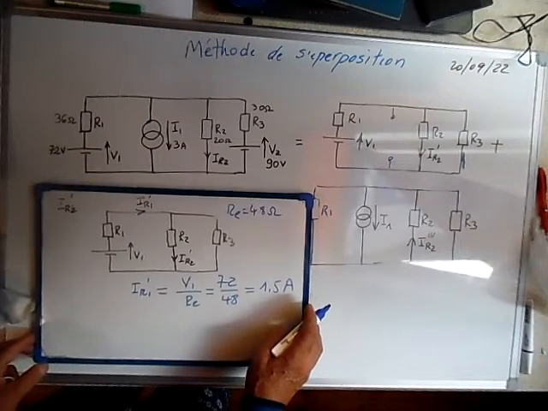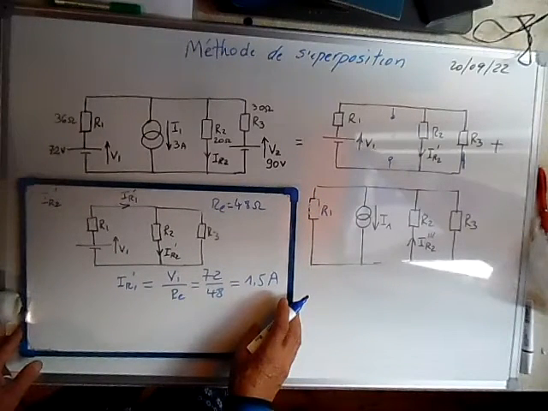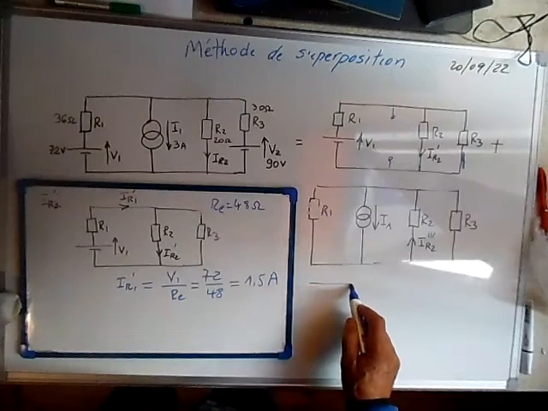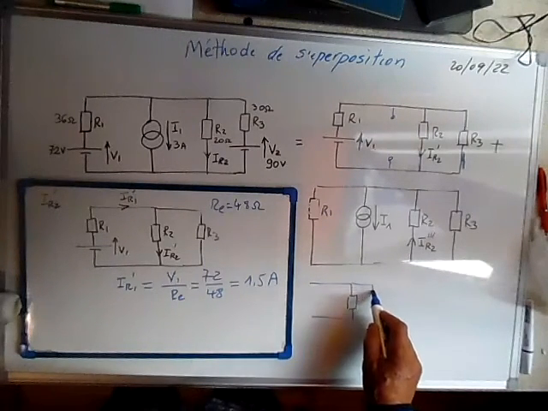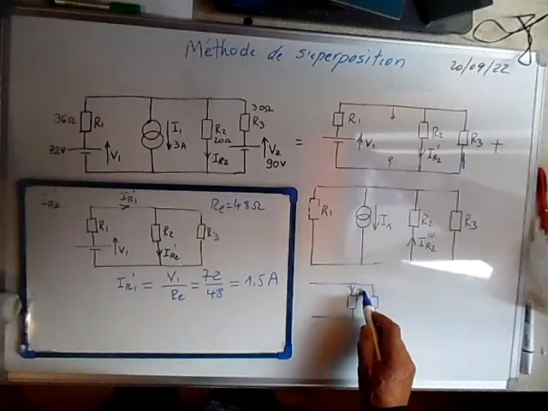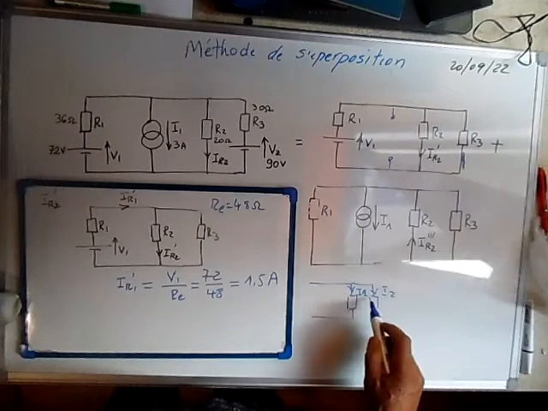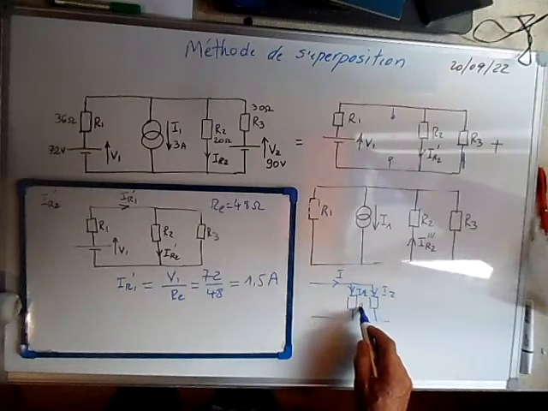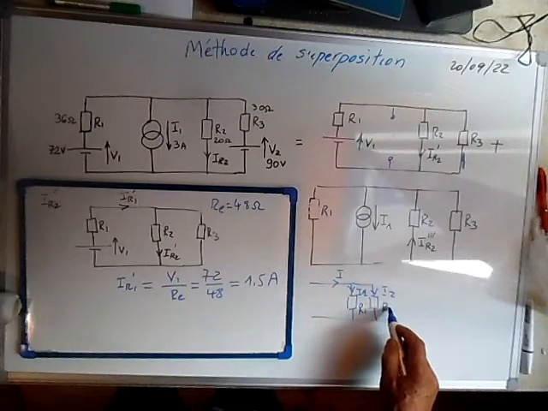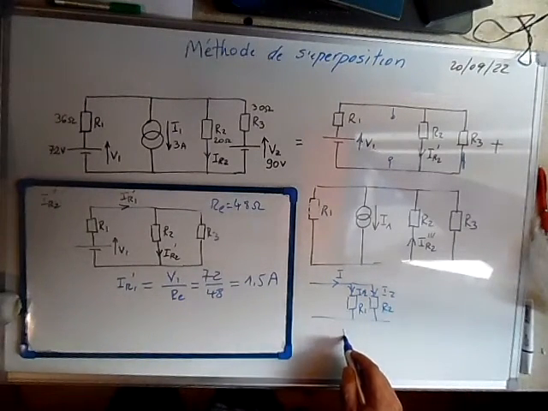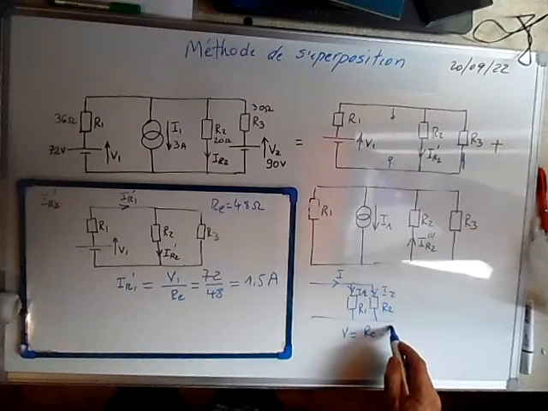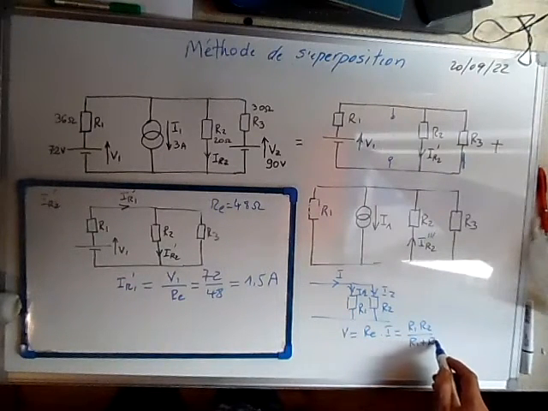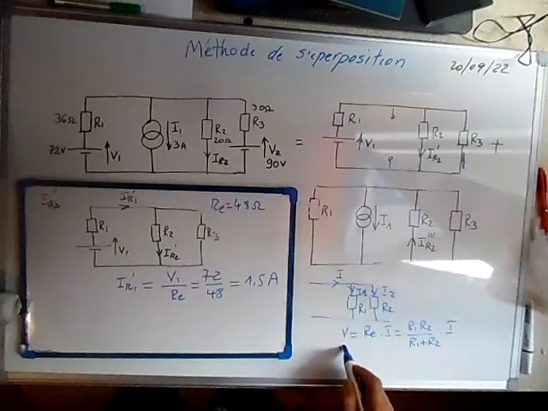Now we are going to use the current divider. I will remind you a little bit about what the current divider is. The current divider is when we have two or three parallel resistances and we want to calculate their currents. This is I1, I2, and we want to calculate these currents in function of the main current, knowing their resistances. For example, here we can say that the voltage is equal to the equivalent resistance times the current. The equivalent resistance, as you know, is R1 times R2 divided by R1 plus R2, times I,